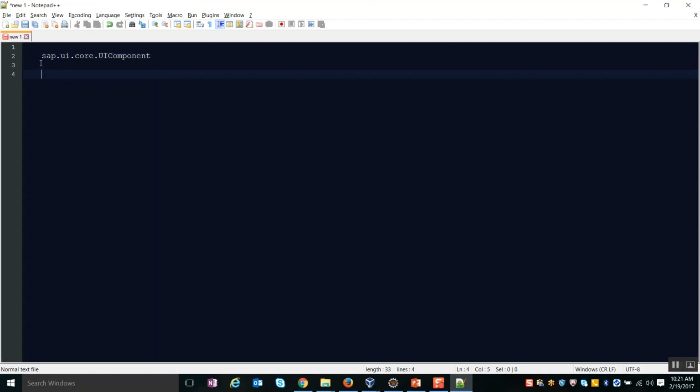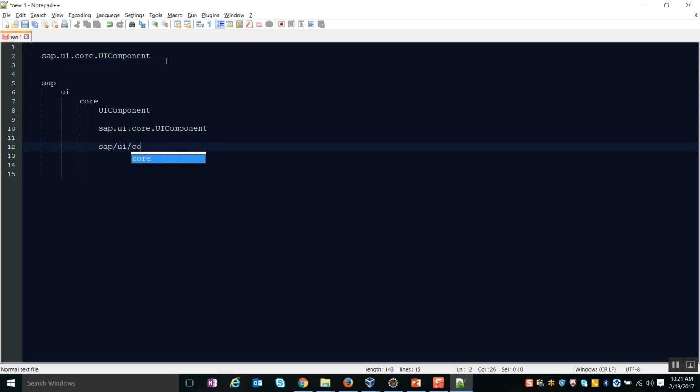programming path. Whenever I say sap.ui.core.UIComponent, it basically means that SAP is a folder inside which I have this UI folder. Inside this I have this core folder, inside which I have this UI component folder within which the class is available. So when I mention it in the programming, I would be specifying the path as sap.ui.core.UIComponent. Whereas when I wanted to represent the web path, I would represent it as SAP is a folder. Inside this folder, we have this UI folder. Inside this, we have this core folder. Inside this, we have this UI component folder. So this is how I'm going to represent it in programming as a web path.